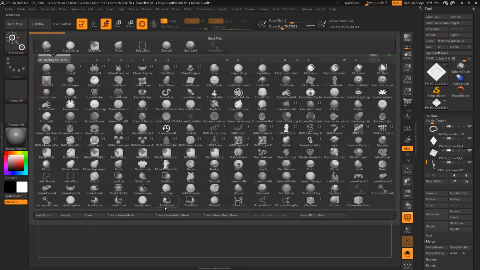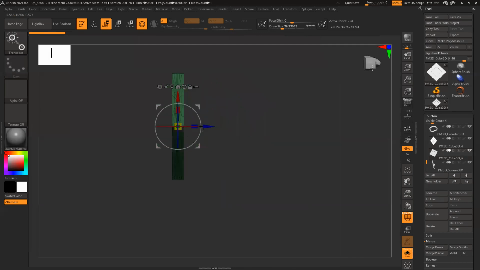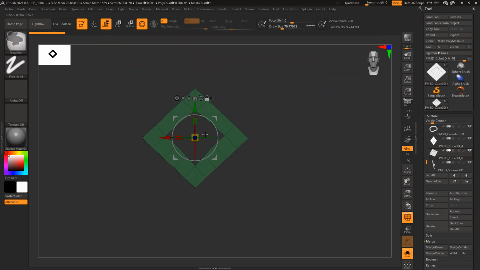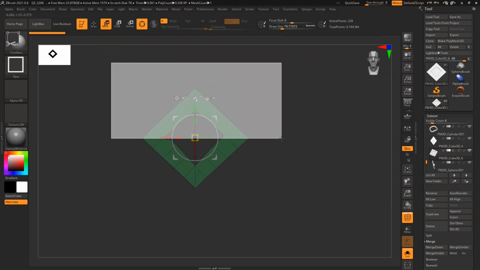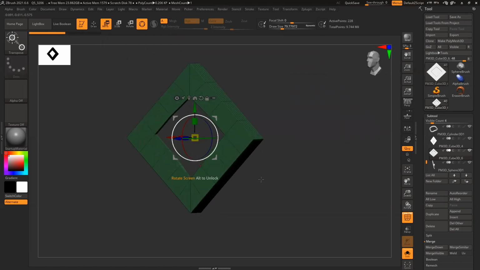I can go to the green rectangle, Control Shift click, and drag it. It will cut this, but it's creating a little issue. So what I'll do, I need to hold this shape.